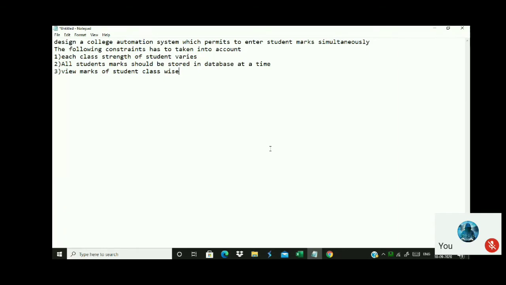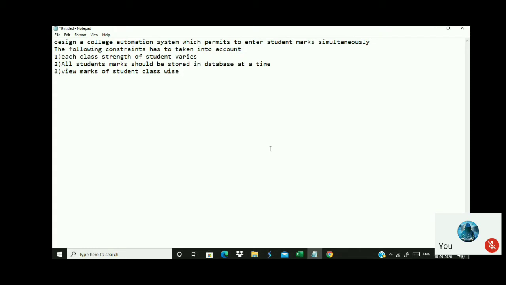Last class, we went through a case study of how to build an online examination system. Today's class will also have a case study. Imagine that you have been entrusted with the project of an institute. Imagine you have the role of a software engineer and a project statement is given to you, and you are supposed to build a web-based application project with the help of PHP. So this project is about an institute where you are supposed to feed the student marks